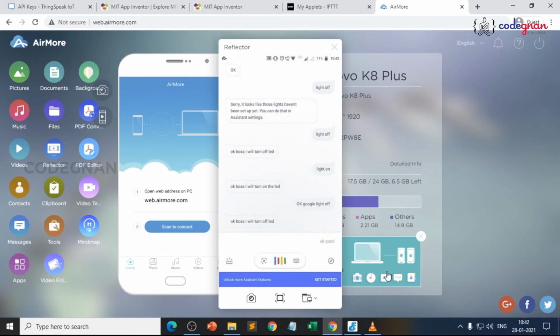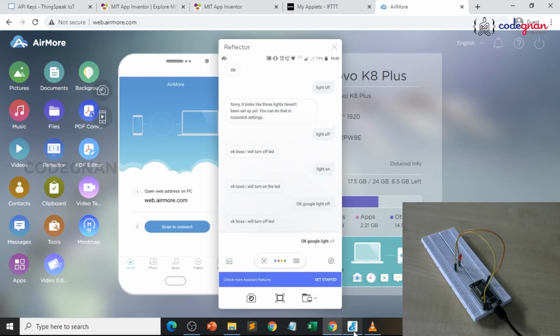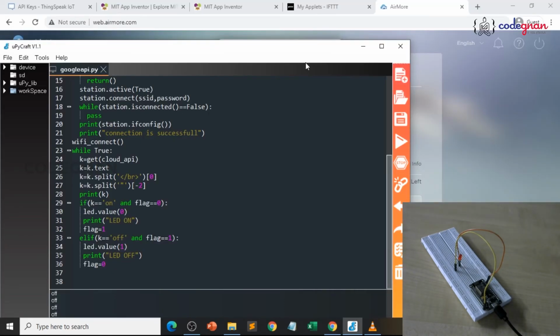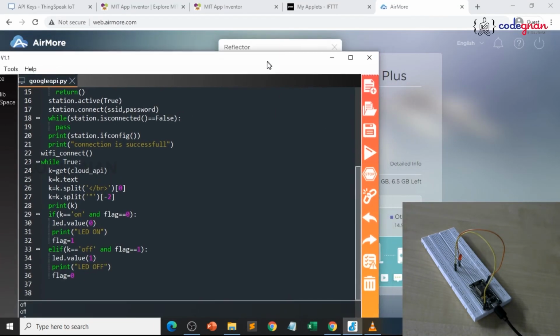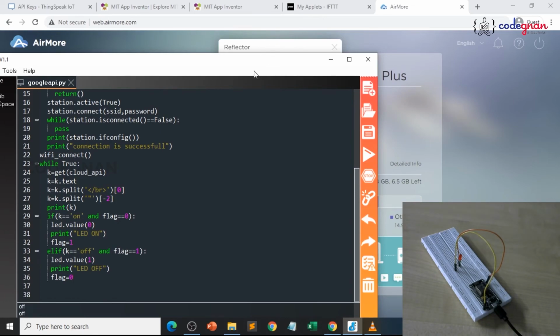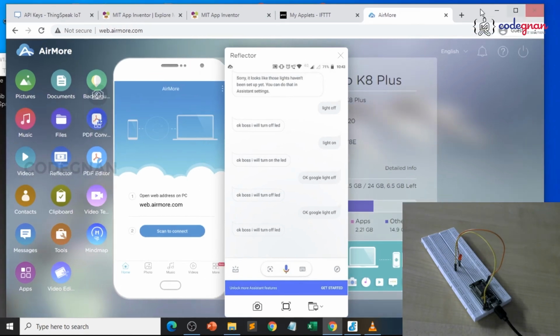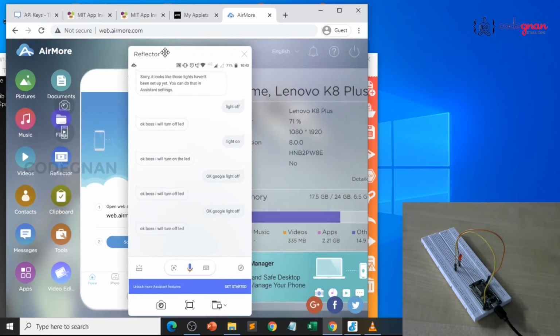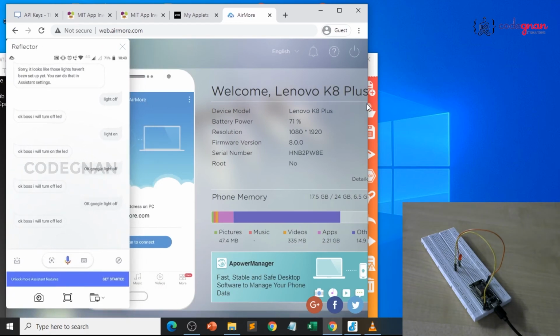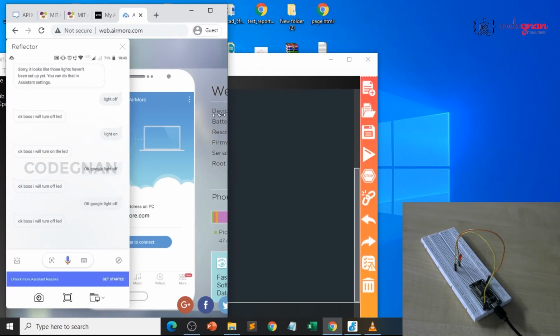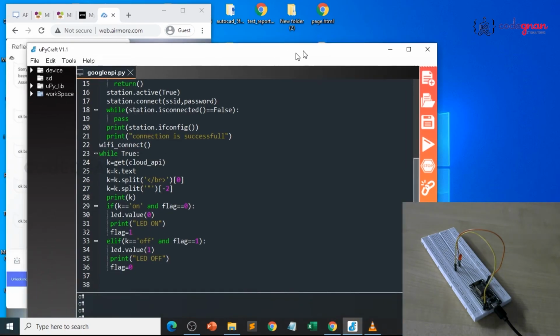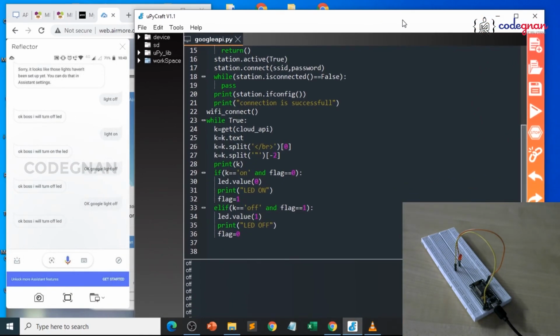Okay Google, light off. Okay, boss, I will turn off LED. LED is off there. Let me arrange the screen properly. Yeah, now LED is off right here.